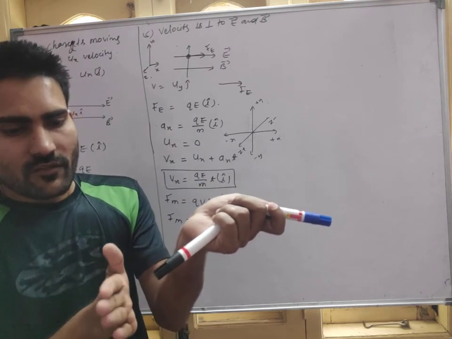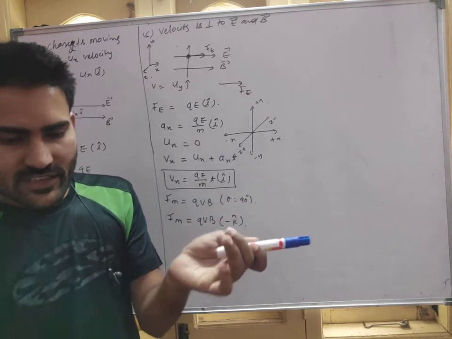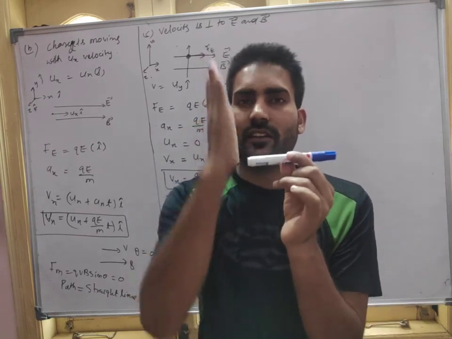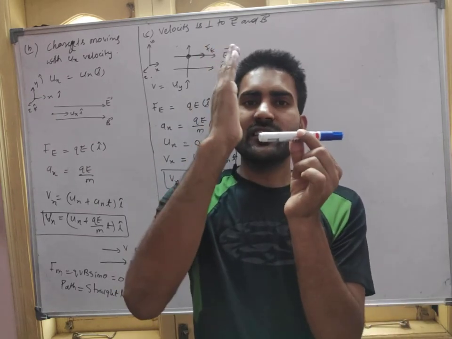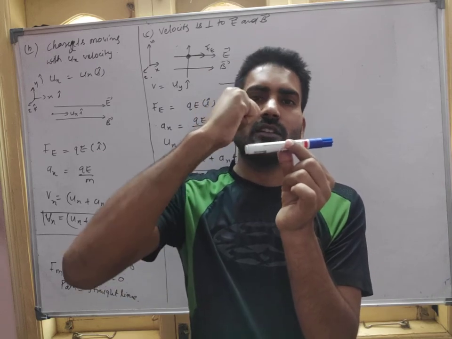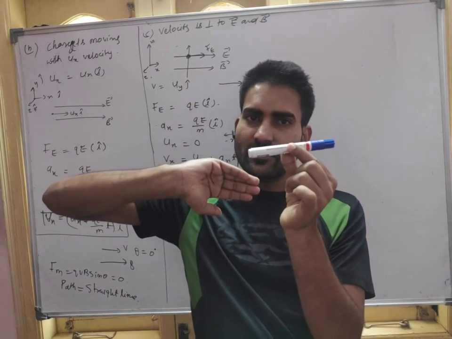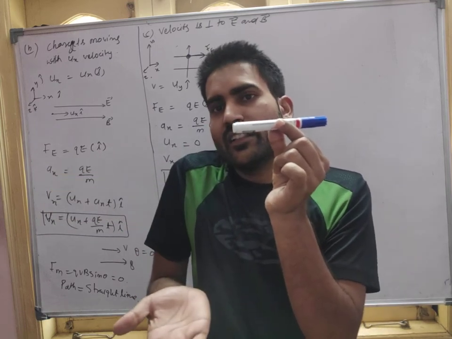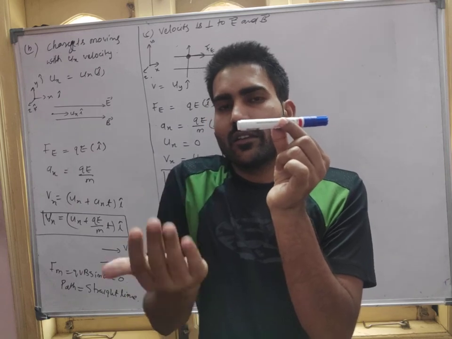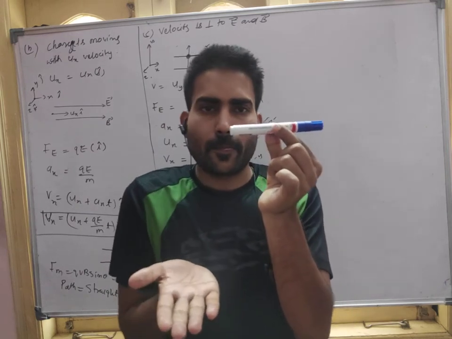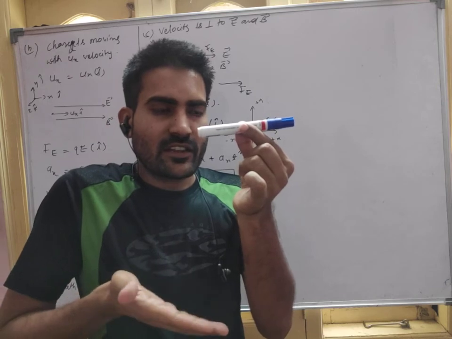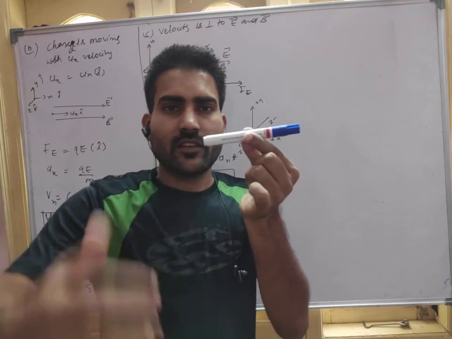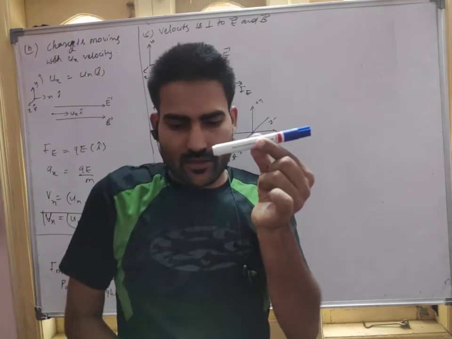Are you getting my point now? See, let's say this is the magnetic field direction. The velocity is here, the initial point. Velocity is here, curl your finger in the direction of the field, the force will be this. So it will rotate somewhat like this. Now the velocity is in this direction, downward. Curl your finger in the direction of the field. See, this is the velocity, right? Curl your finger in the direction of the field, like this. So the center will be this, like this, every time.